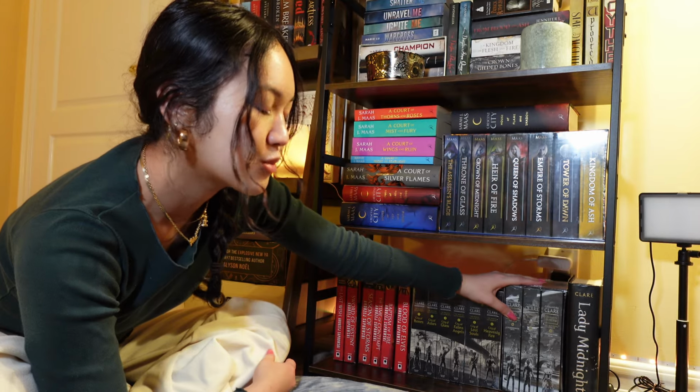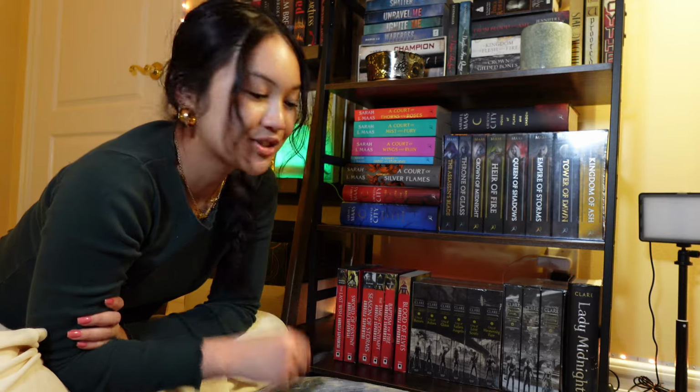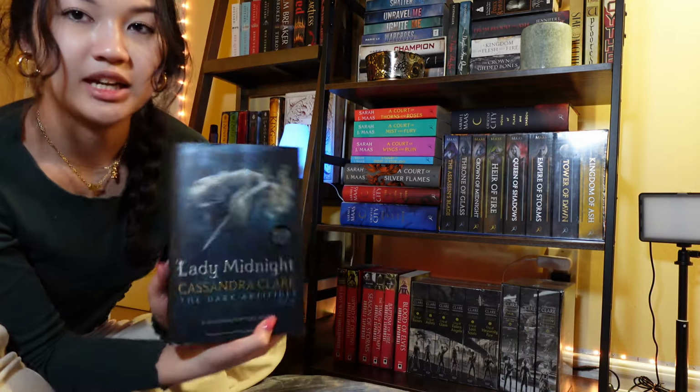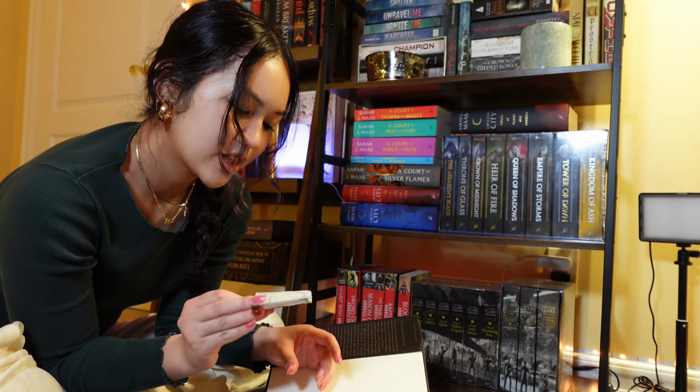I might just listen to the Mortal Instruments. Yeah, this is another big series I meant to read when I first got into reading and BookTalk, and I just never got around to. And I have a copy of Lady Midnight. I got it thrifting, and it came with